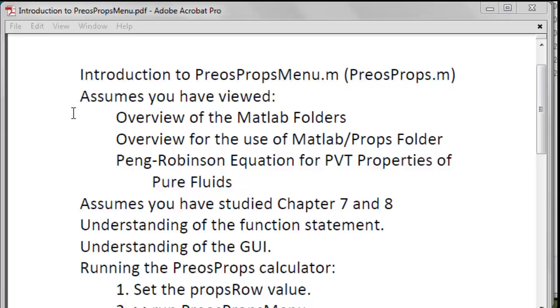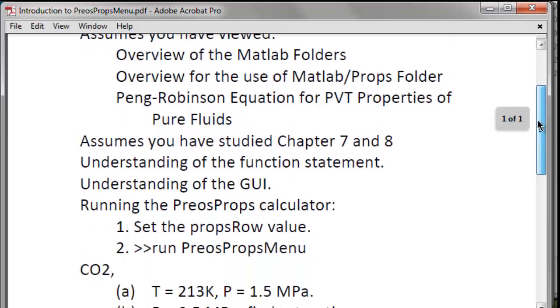This screencast assumes that you already understand how the Matlab folders are structured. We've covered that in other screencasts, and how the Matlab props folders are used to hold properties. It also assumes that you have worked with the Peng-Robinson equation of state for PVT properties as a precursor. It assumes that you have studied chapters 7 and 8 and understand the concept of use of departure functions for